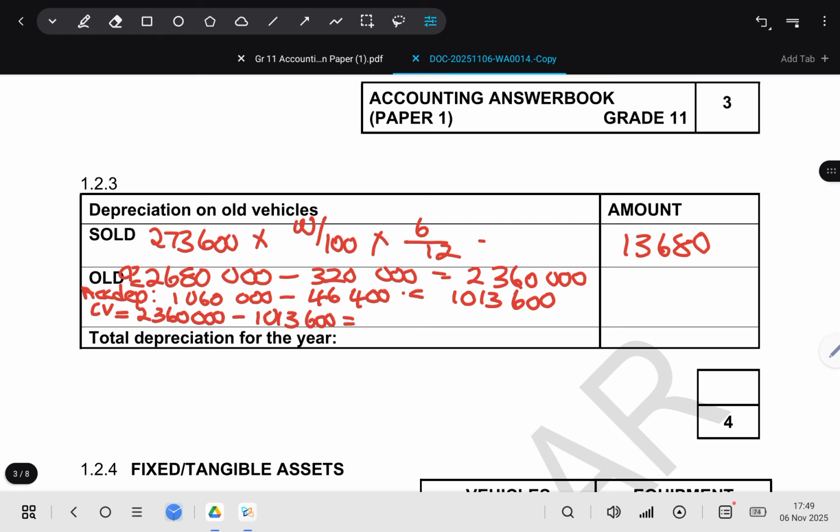It gives us 1,346,400. So when we calculate our depreciation, for the old, I'm going to bring it here so that you can see it. We're going to say